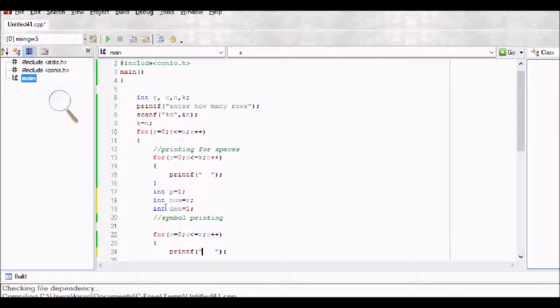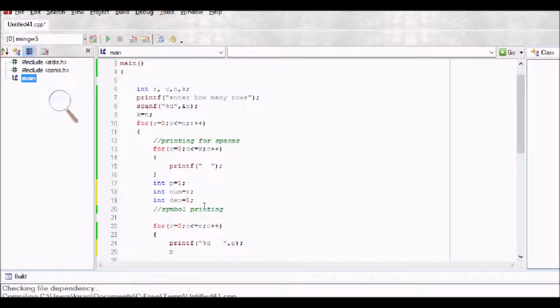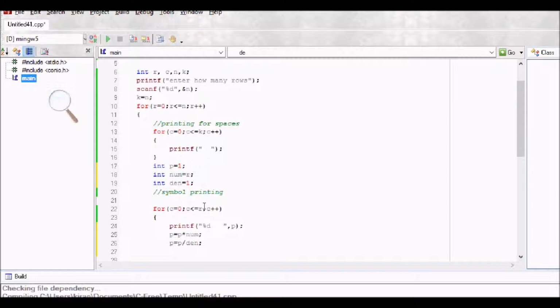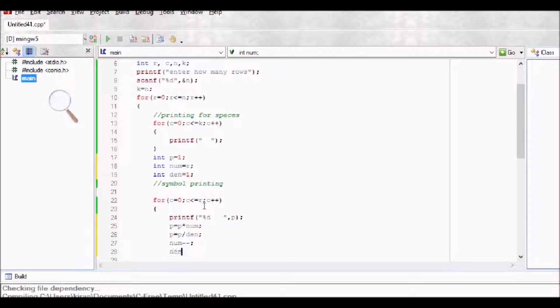Now I want to print that p value. After printing the p value, p is equal to p into numerator, comma, p is equal to p divided by denominator. After that I want to decrease the numerator and increase the denominator. Okay, so these are the variables which we need to declare, and this is the logic which we need to follow for printing Pascal triangle.